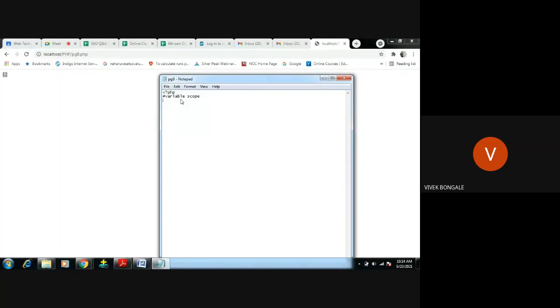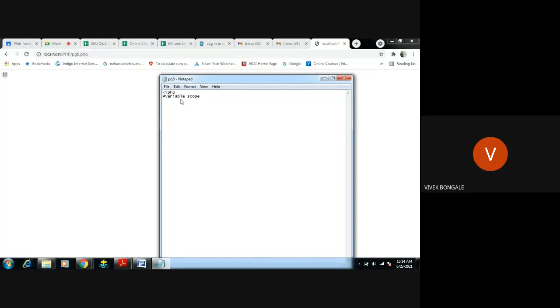What is this variable scope? We have defined variables like $x = 5, $y = 5. We declared those variables inside the function, as we did in the function without parameters. The function name I took was ABC. Open the bracket, and inside it I declared the variables $x = 5, $y = 6. So those variables we can access within that function only.